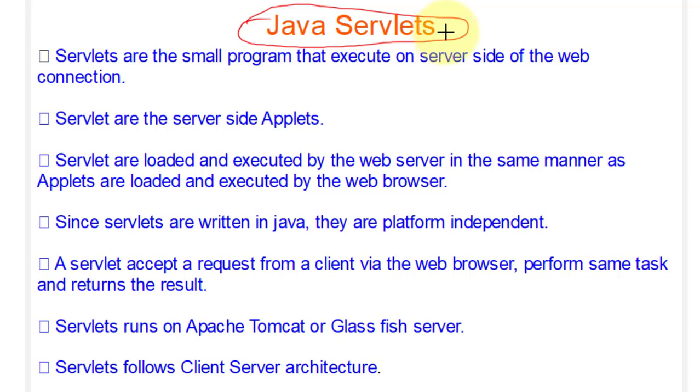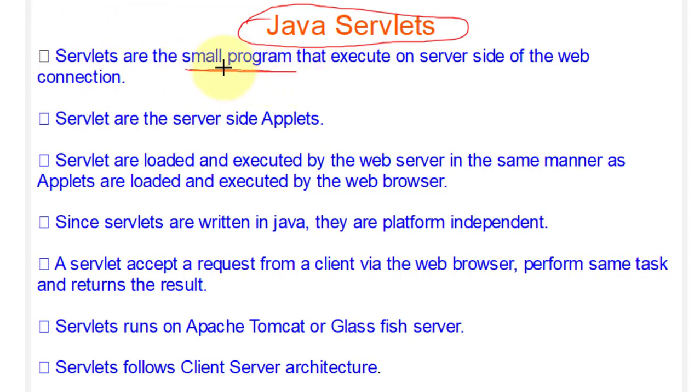Suppose you want to develop an application in Java which requires a server for its execution. One of the options to develop that kind of application is Java servlets. Java servlets are small programs.